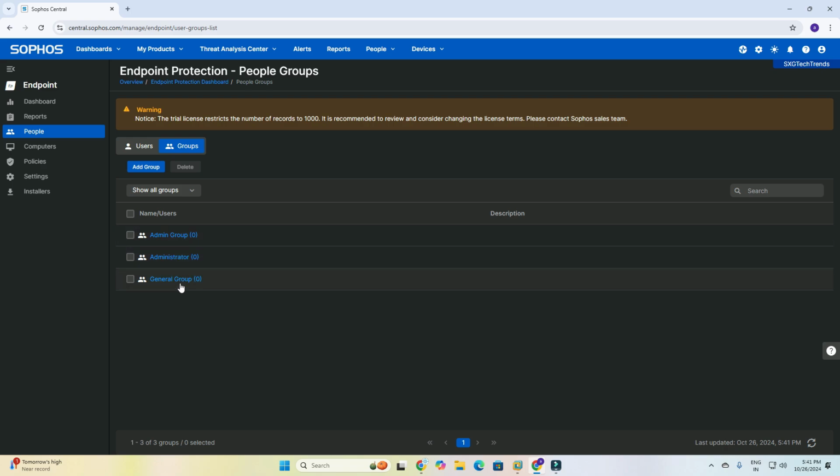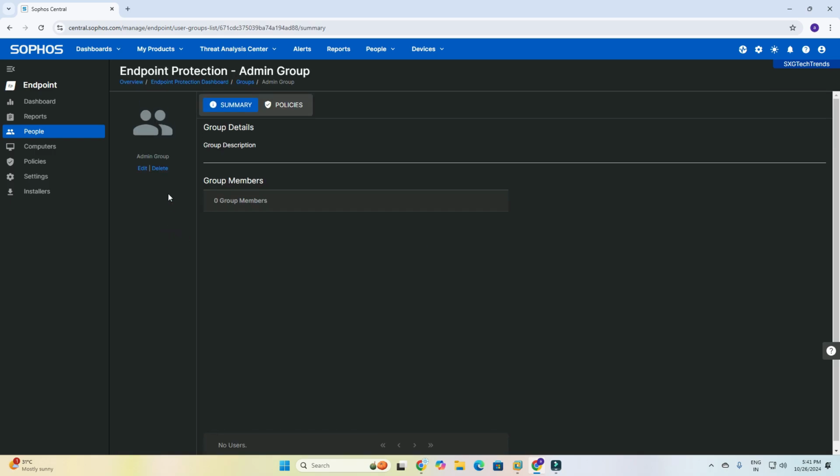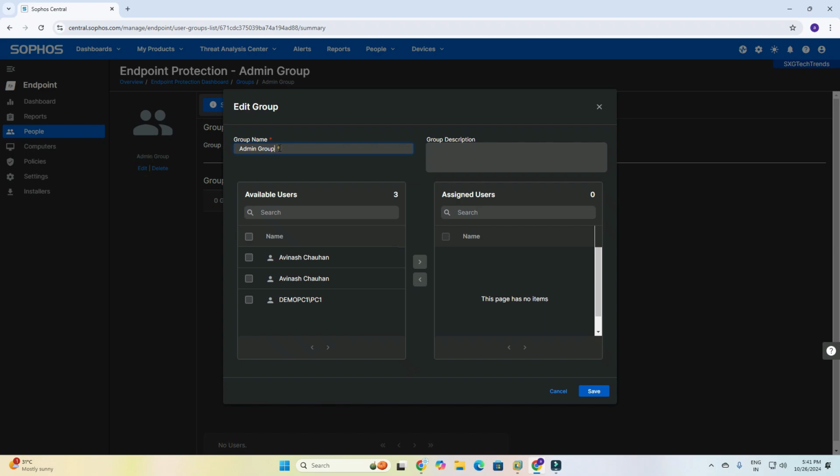If my system belongs to the general group, then I will add the general group to this system. Also I need to modify this, because we need to identify which group it is.